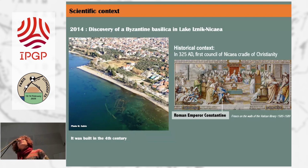Here you have the city of Iznik, and maybe most of you know this city by its antique name, Nicaea. It's the place where the first council of Christianity took place. The archaeologists were really excited by this discovery 10 years ago because they still don't know where the first council took place, so they thought that it could be in this basilica. And I was super excited too because I was wondering how this basilica has been destroyed and sunken into the